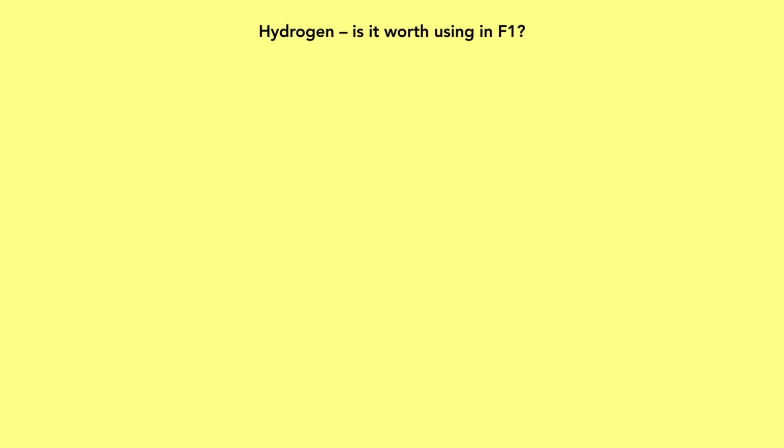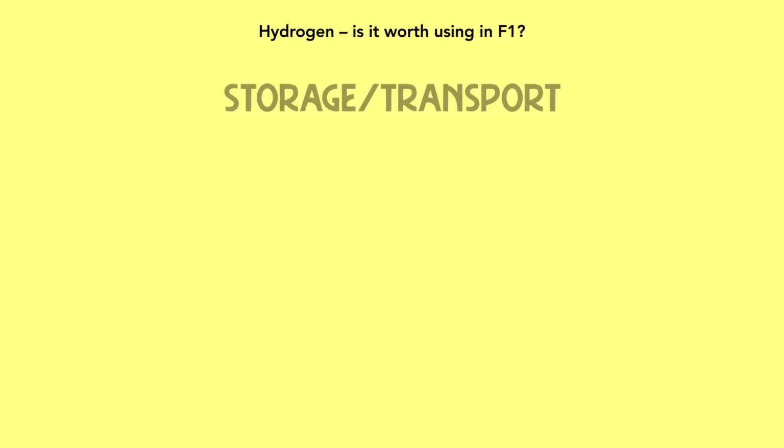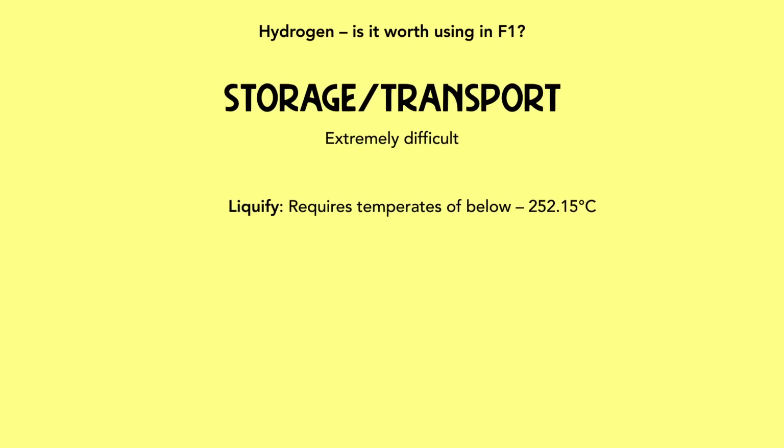There are still some serious issues with hydrogen for this kind of thing, and we have just touched on some of them. Storage and transport are big problems, and we're still working hard on this. We can liquefy it, which requires absurdly robust dewars dropped to incredibly low temperatures. Very expensive, and we don't have a lot of those. We can keep it as a gas, but compress it to about 300 times less space than it takes up in the air. This is how it's stored inside the cars as fuel, but this does require robust, well-tested containers